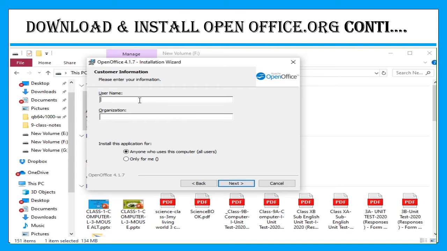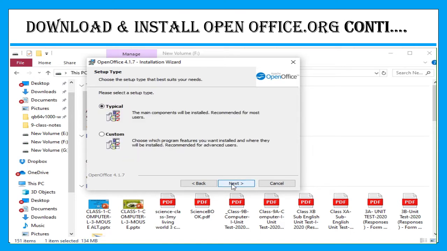It is asking username. Just I'm giving Vidya. Organization, just I'm giving DAV. Only for me, just I'm selecting only for me. Means it is asking install this application for anyone who uses computer, all users, or only for me. I'm just selecting only for me.